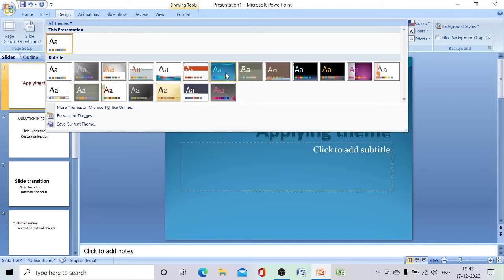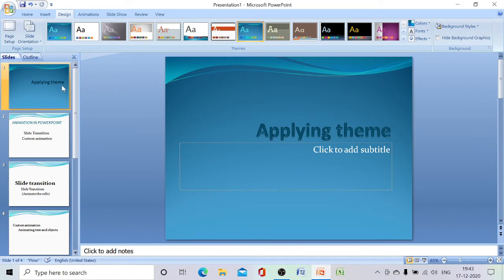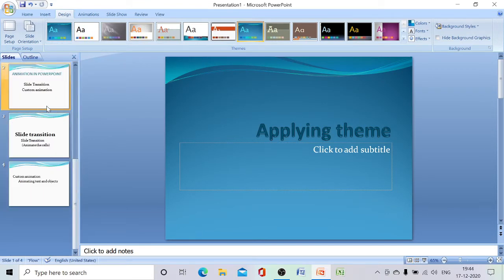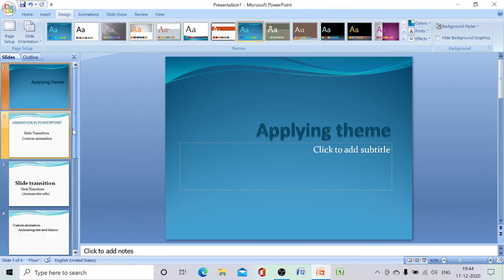Okay, once we have selected, it will be applied to all our slides. Can you see, in all the slides the effect has been applied. All the slides have the theme. Okay, so this is the way of applying the theme.